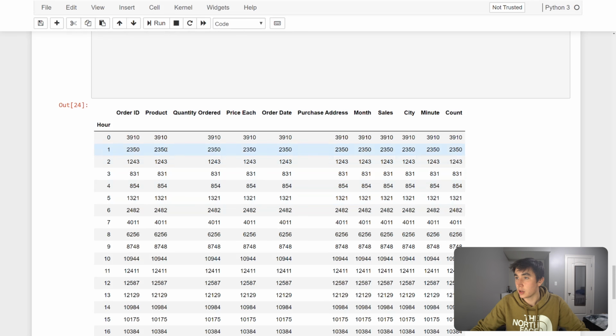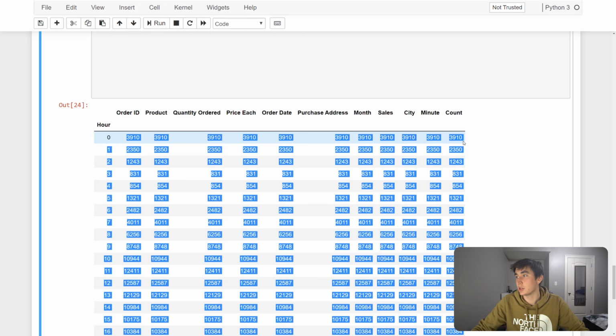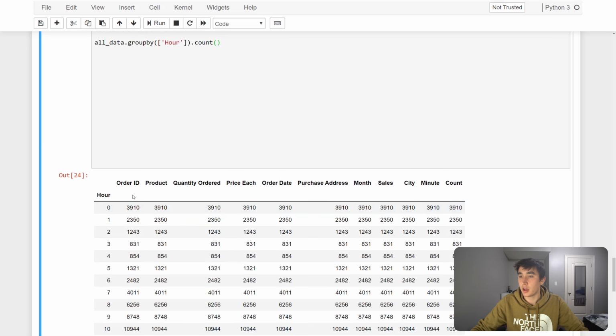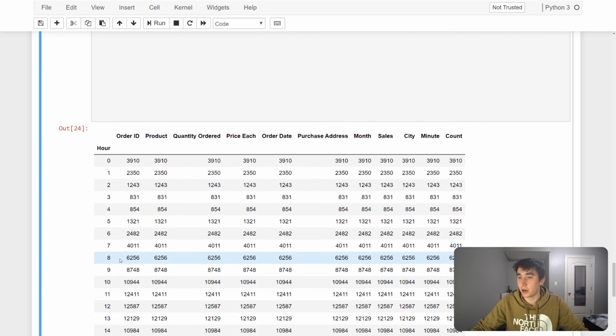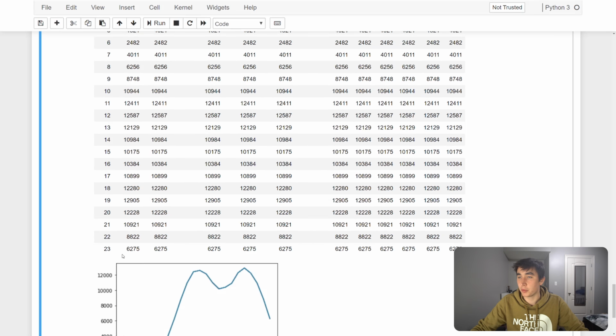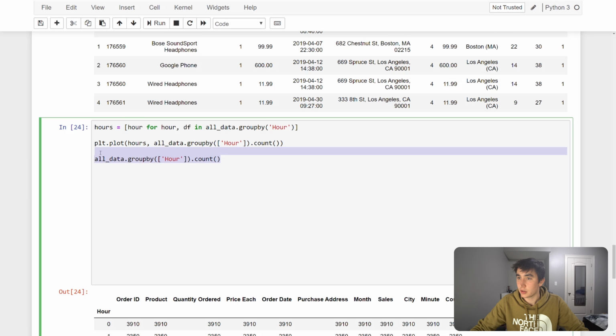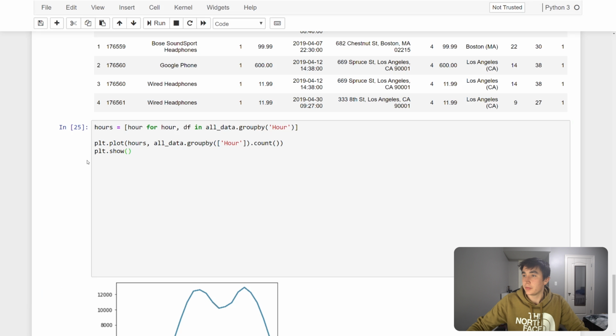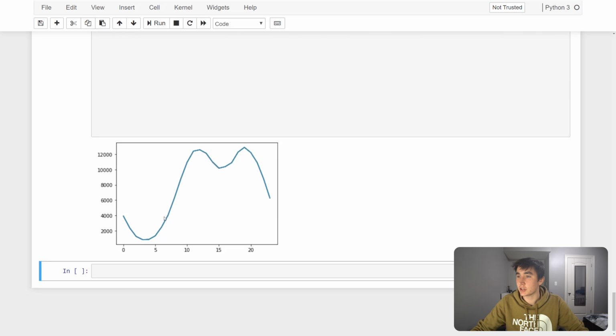And you see all of these are the count, which is the number of occurrences of orders for that specific hour. So if we plot it out, as I just had done, we get this nice chart. And so what does this chart tell us? Well,